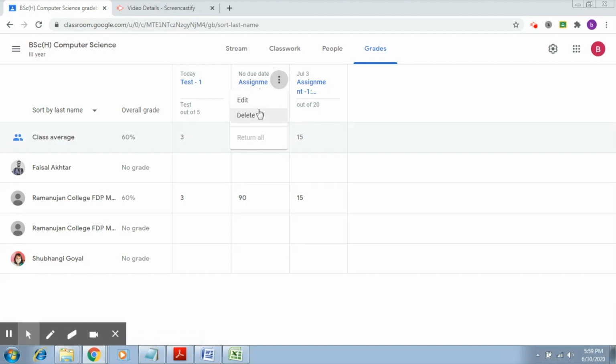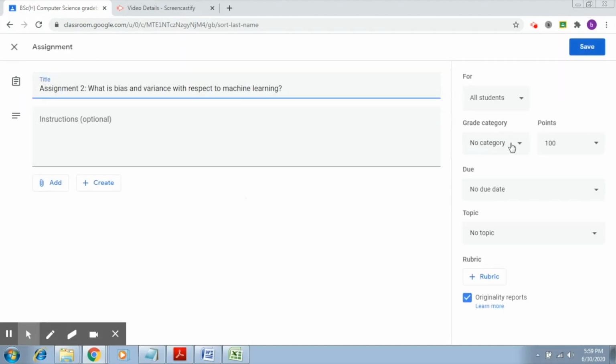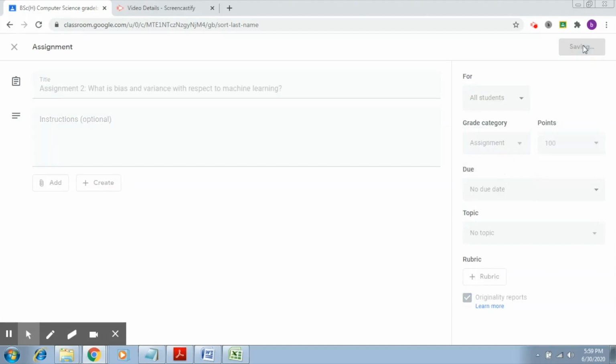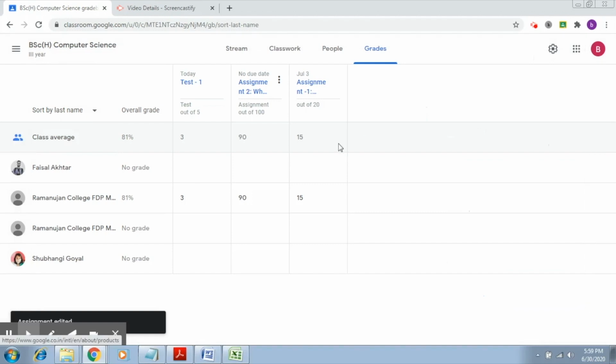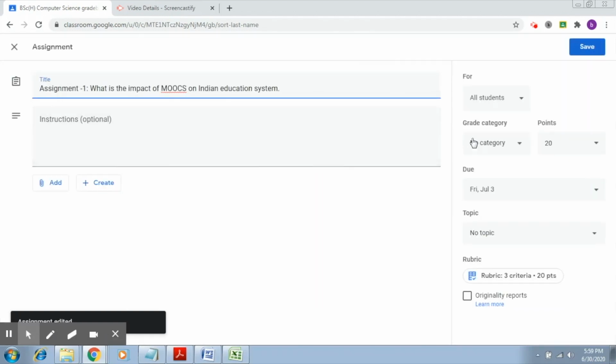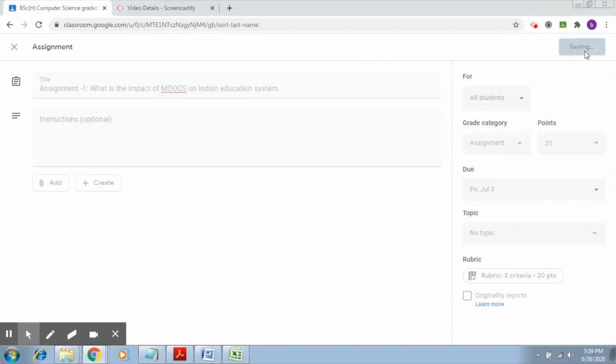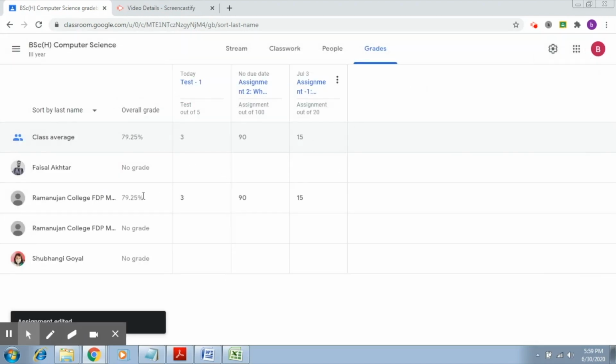Again, I go to assignment 2, click on edit, and now I'm going to change its category to assignment. Click on save. Again, I go to assignment 1, and here I change the grade category to assignment and I click on save. So now you can see the final weighted grade that you get is